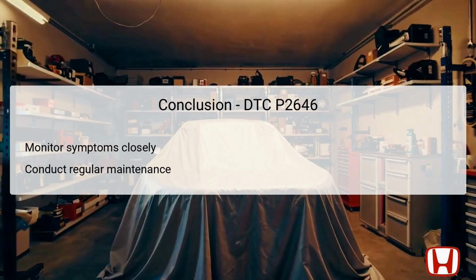In conclusion, addressing DTC P2646 is essential for maintaining optimal engine performance in Honda Accord models from 2008 to 2012. This presentation has covered the essential steps required for effective troubleshooting, from checking oil levels to ensuring proper connections in the VTEC system. Understanding the role of the rocker arm oil pressure switch and its effects on performance is vital